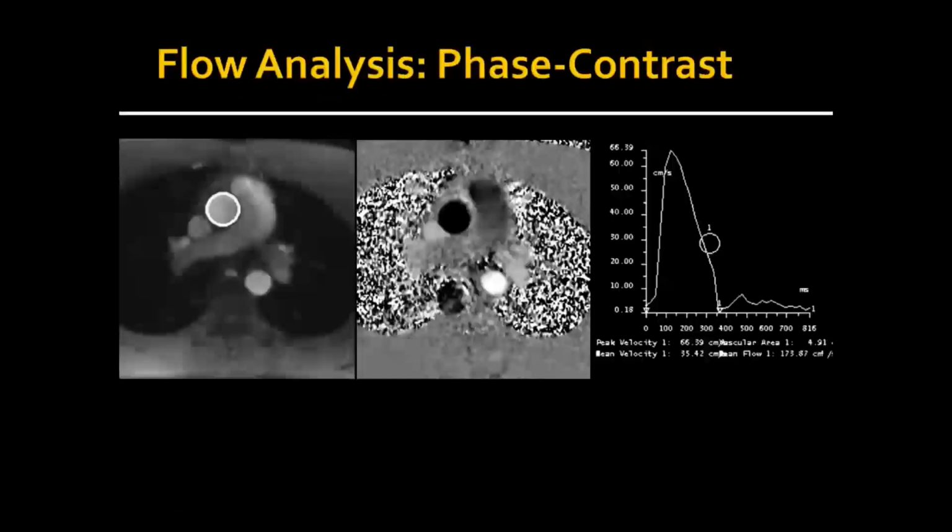Finally, MRI will allow what's called flow analysis. You can assess the flow in the aorta by phase contrast, phase encoding, and we can get this number and this curve, and you can measure accurately the flow in the ascending, descending, pulmonary, and other vessels